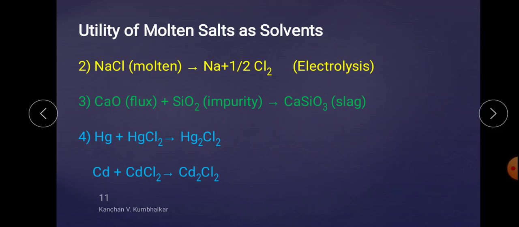It is assumed that the metal dissolved in metal halides loses electrons so that the solution becomes reducing. That is why cadmium and Hg reduce a part of molten HgCl2 and CdCl2. Means when Hg dissolves in HgCl2 there is a formation of Hg2Cl2. This is another example of the application, that this chemical cannot be prepared easily, but by this method, using a molten salt, there is a generation of Hg2Cl2 and Cd2Cl2.